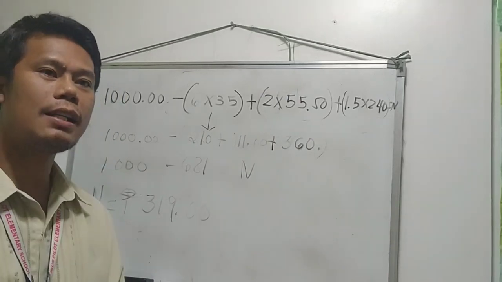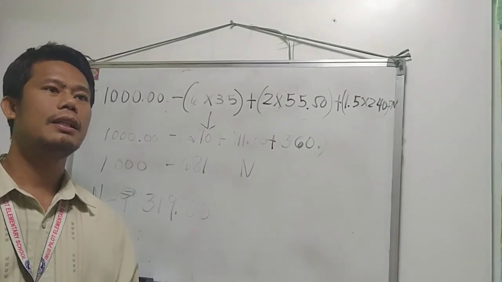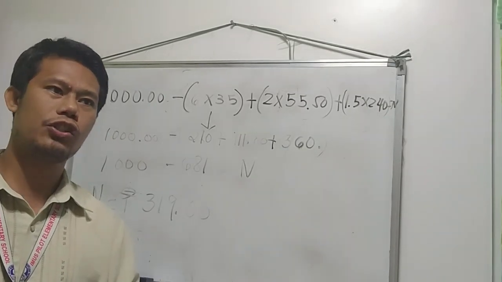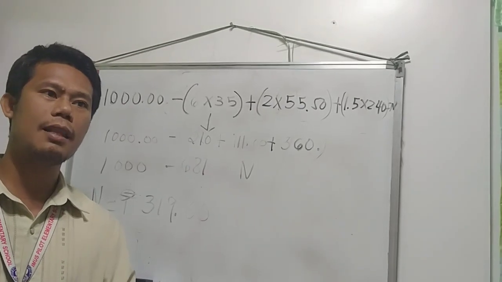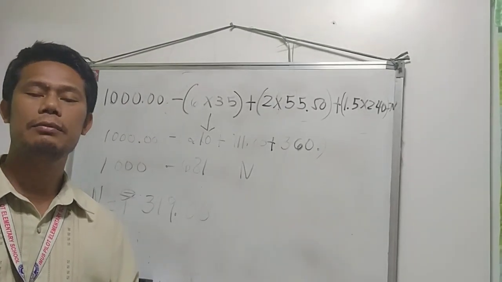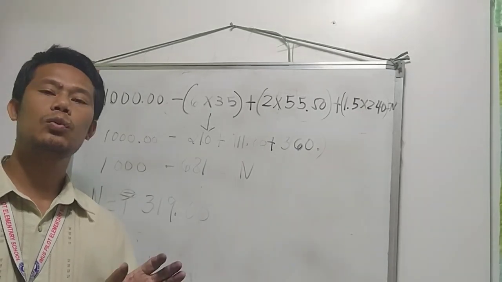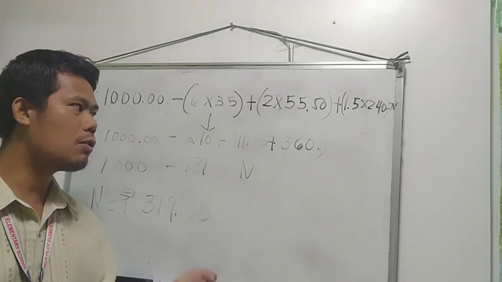What are the given facts in our problem? So we have 6 loaves of bread, 35 pesos each. 2 bottles of mayonnaise at 55 pesos and 50 centavos. Then we have 1 and 5/10 kilogram of ham at 240 a kilogram. Then Jade has 1,000